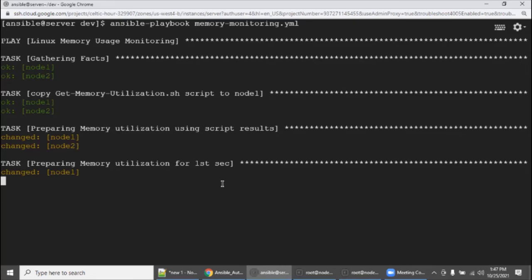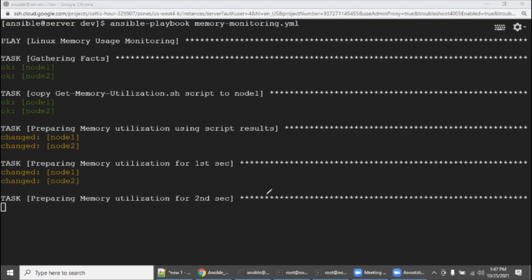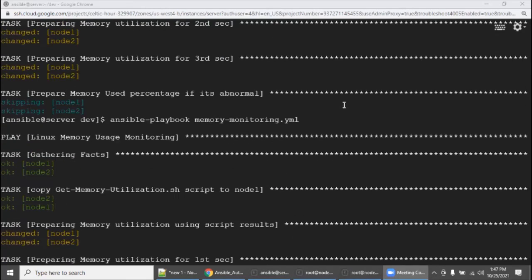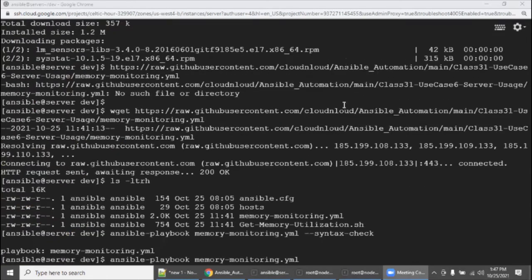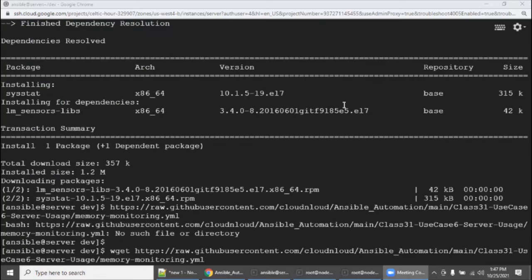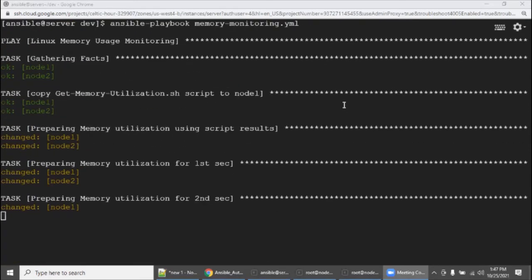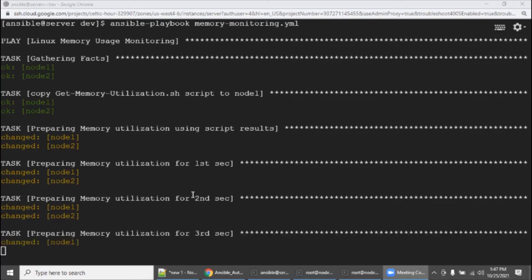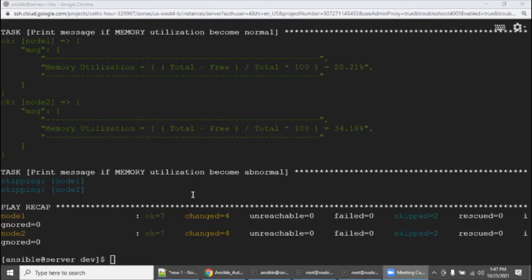So now node 2 should be abnormal, node 1 should be normal, right? Let's wait for a few seconds. This is how you need to create a lab and fail multiple times. So if you go and see the results, let's wait. Second time also checking, because before we confirm some usage, at least you need to wait, right?